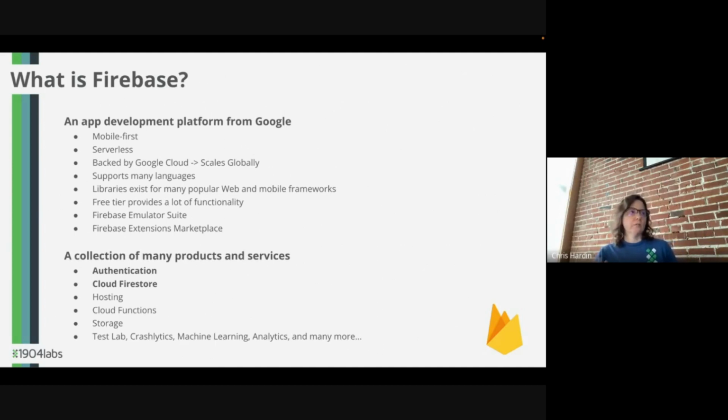Again, it's a collection of quite a few products and services that you go in and you choose which ones you want to enable for a given project. So today I'm going to talk just about authentication and Cloud Firestore, but also some of the main ones are hosting. So you can easily deploy and host web apps in Firebase. And Cloud Functions is,